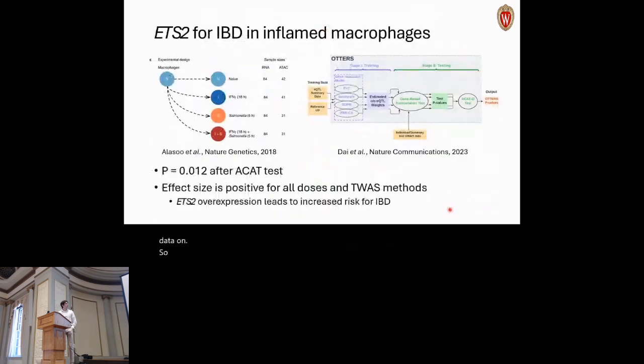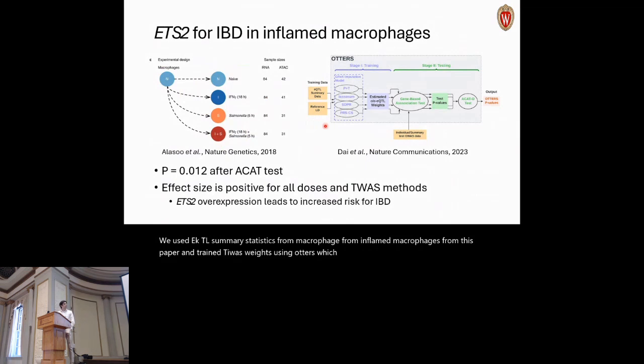So we used this data, and then we also had to run TWAS to get the other set of data for our model. We used eQTL summary statistics from inflamed macrophages from this paper, and trained TWAS weights using OTTERS, which allows you to train TWAS weights without individual level data, but just with eQTL summary statistics using various PRS methods, and then run a normal TWAS with those imputed weights. And then normally they get a bunch of p-values from the TWAS and then do an ACAT test to get a final p-value. Here, since we need the effect size from TWAS,